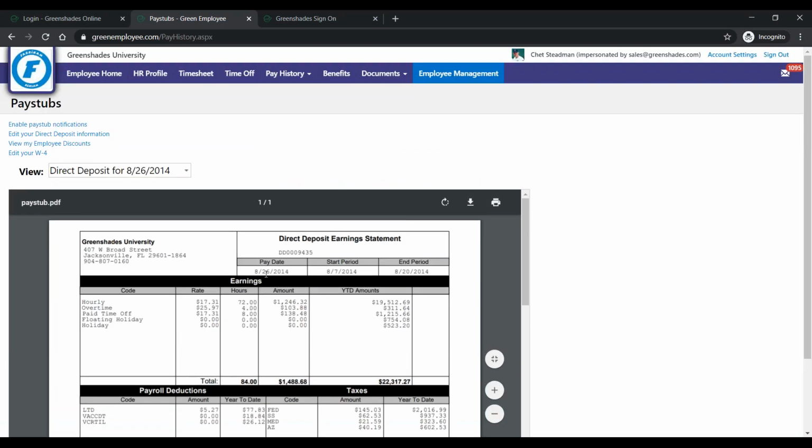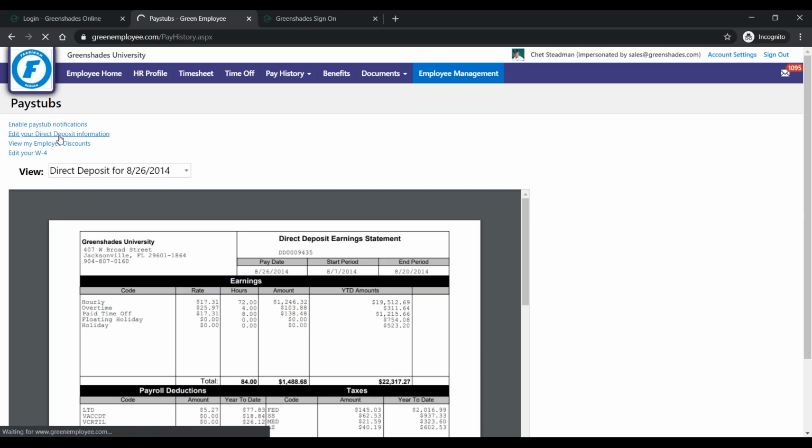Now this module, the pay history module, is part of the base package, and that base package we call the employee access package. And that's going to include your pay history, your HR profile, and direct deposit, which can be accessed right here. And so your pay history will allow you to post pay stubs, W-2s, and 1095-Cs to the portal. And then your direct deposit, if we come in here,